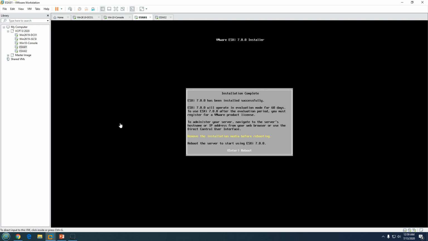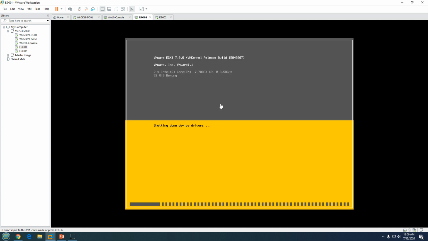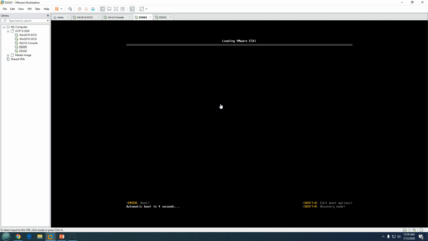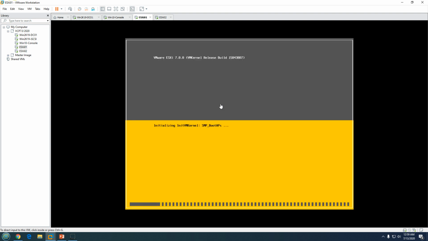So you can see the installation completed. Since I told you at the beginning the installation is going to be very fast, press Enter to reboot. Once this host reboots, we can go ahead and do the post configuration tasks on this machine, like put the host name, put the manual IP address, and the DNS, gateway, and all other required details which you need to configure initially. So now it's going to boot up.